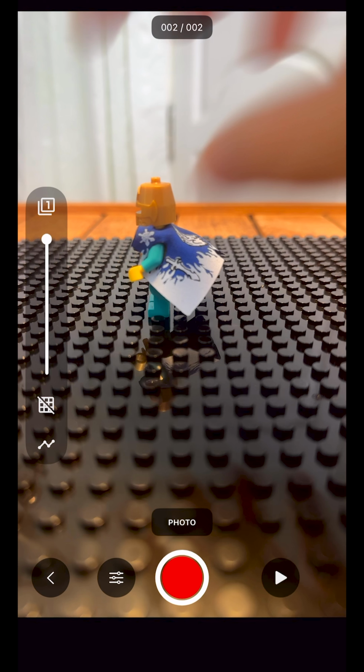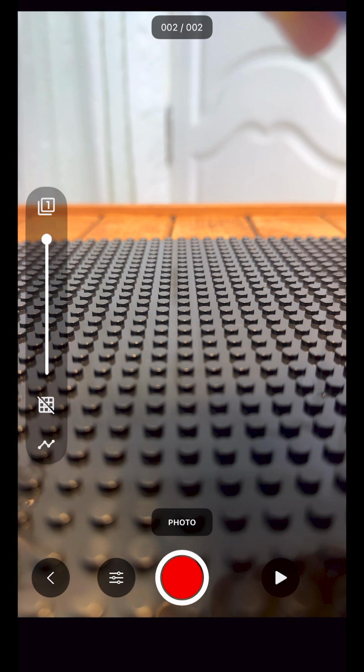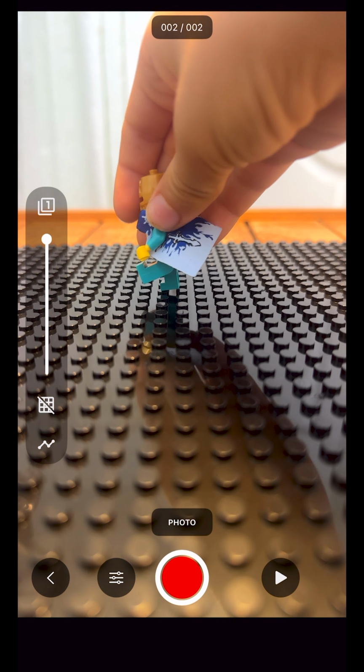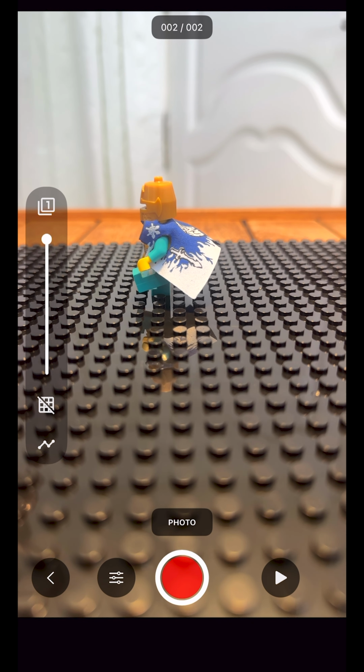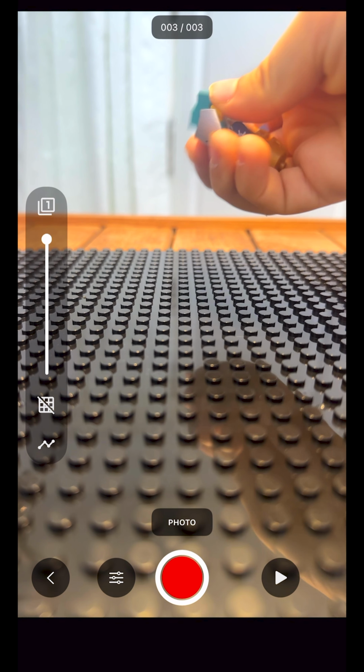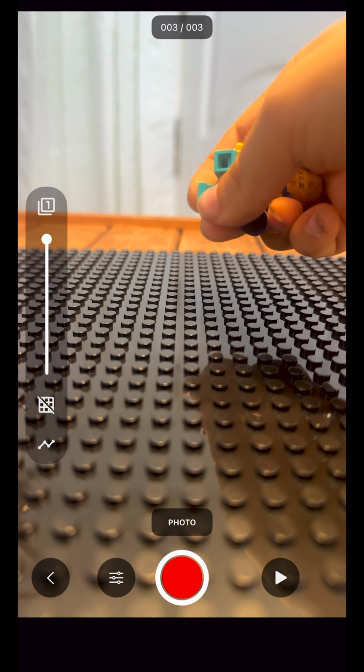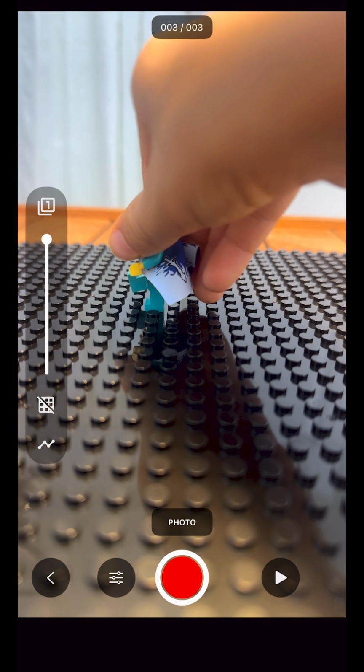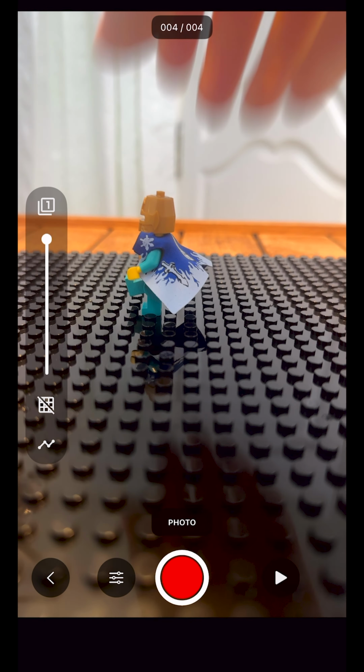When you press create, then here, I did the first picture. Now you change. I'm going to make this minifigure walk. So, as you can see, leg by leg, arm by arm. As this minifigure is walking, I'm doing the pictures